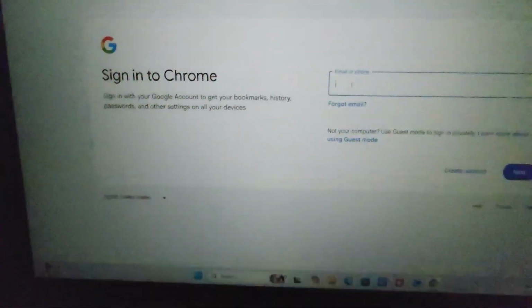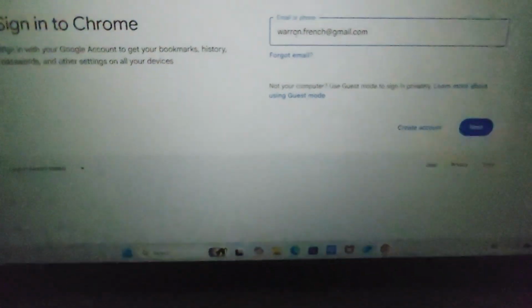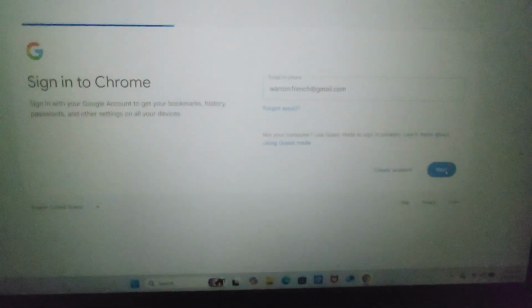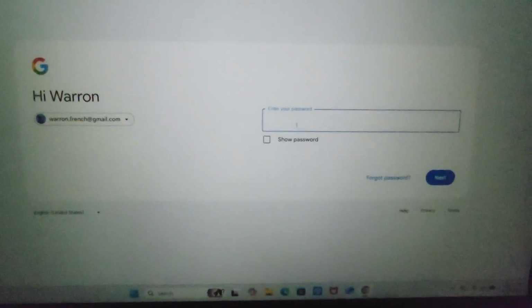Then what you would do is type in your username. I'm going to put in my email address rather. Of course, you can figure that out. You've already got an account, so you don't need to create an account. You click next. Okay. In this case, I'm going to stop the video, but you would type in your password,